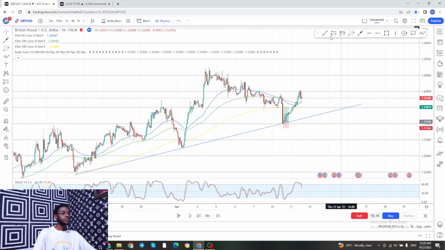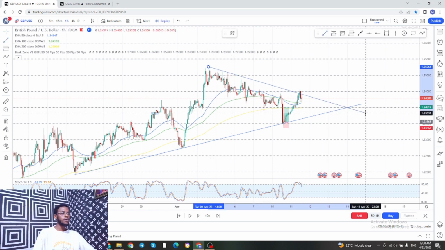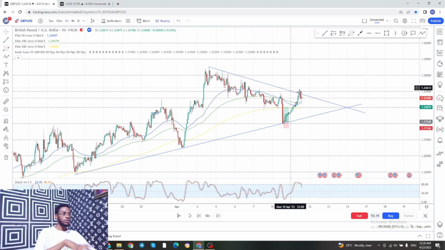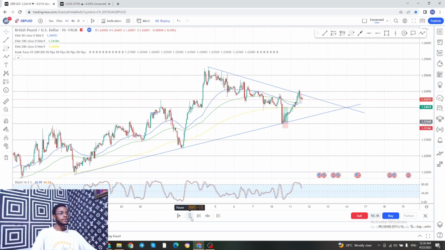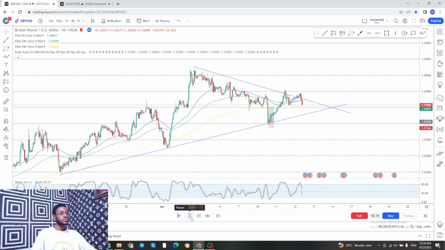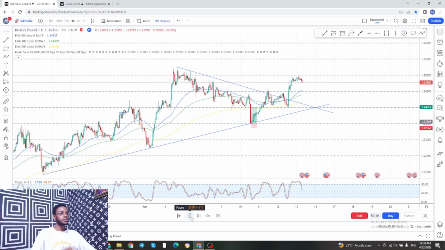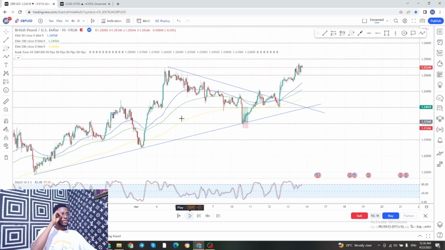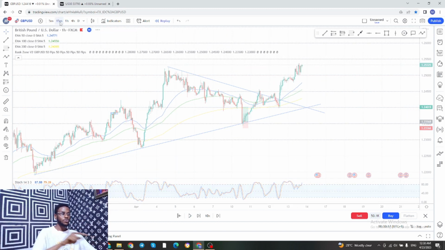So the next thing I'm going to do is put a trend line right here. Boom. So you could have taken a sell right there if you want to trade a pullback. But I don't like trading pullbacks, so I'm not taking a sell from there. So let's just see what happens. Boom, price breaks. But before price breaks right there, if you are taking a trade there, you would have won this trade